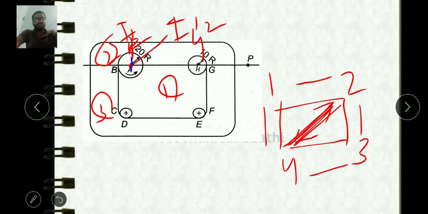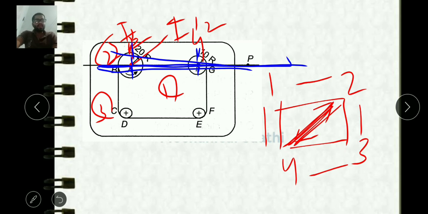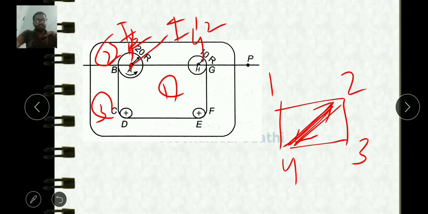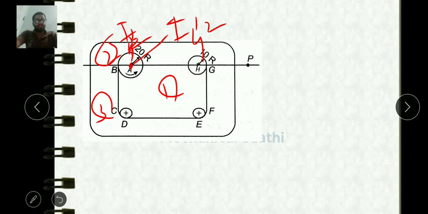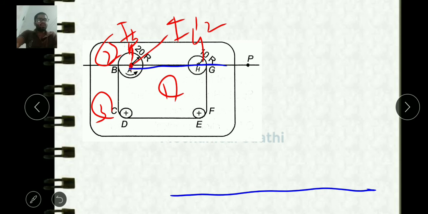So I12 is here. I12 and I14, so I can draw this line. This horizontal line will be the I12 I14 line. And another, I23 and I34: I23 is over here and I34 is over here, so I can draw an inclined line over here. Let me draw that diagram neatly. This is the line which will be connecting I12 and I14.